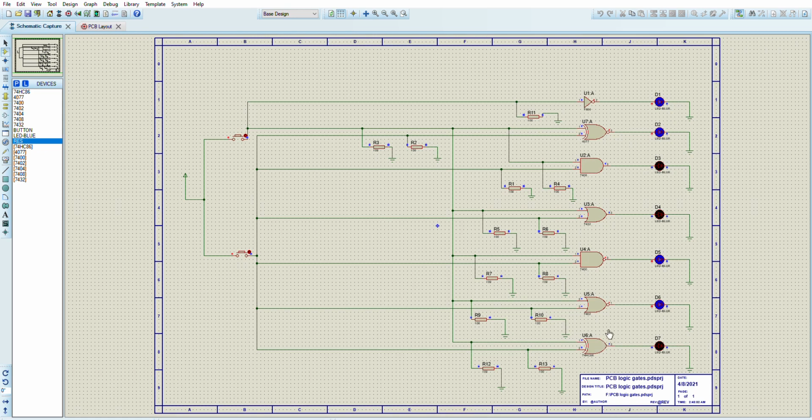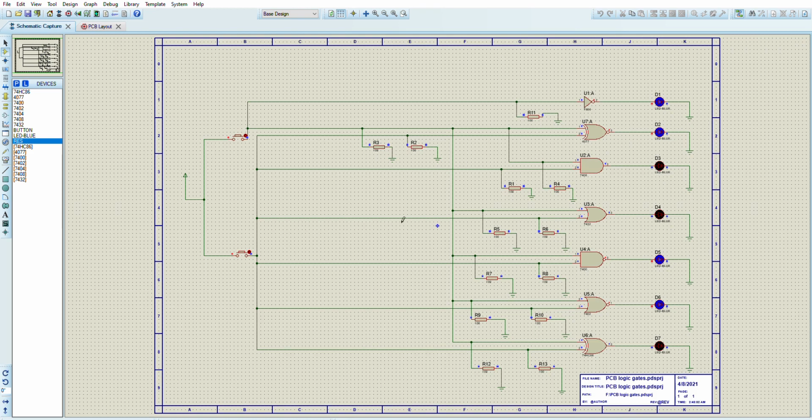Similarly, in the XOR gate, both are open, so as both are the same, it will create a low logic here. And similarly, according to that, we have the NOR gate. Both of the logics are open, so it will produce a positive. And in the NAND gate, both the logics are open, so it would also produce a high logic. Then the OR gate. Both the logics are open, so it will create a low logic. And as the AND gate, both are open, so it will produce a low logic.